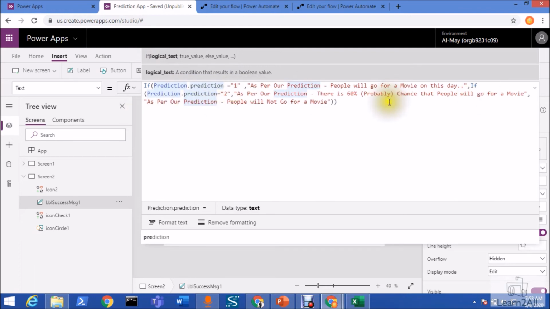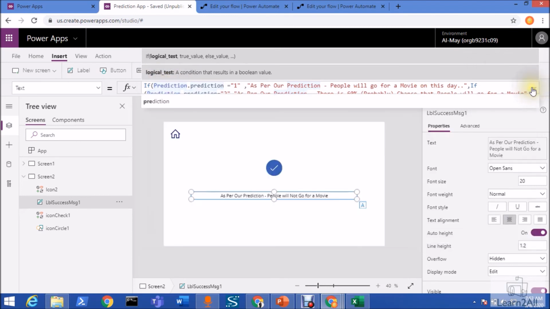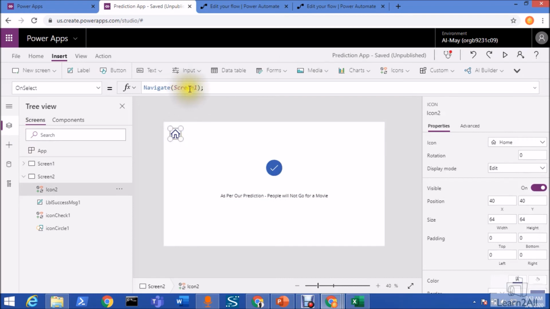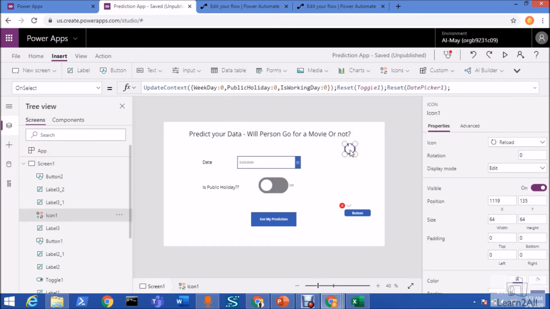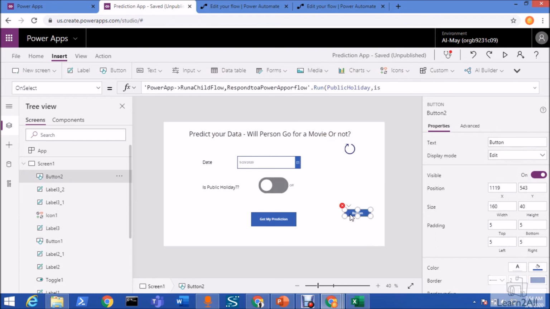If it's 2, there is a 60% chance that they will go for a movie, and if it's 3, people will never go for a movie. So these three texts I have set over here. Right now on the home screen I'm navigating to screen 1, and on screen 1, on the reset variable, I'm resetting every variable over here, reset and reset. Alright, hope this is clear for you now.